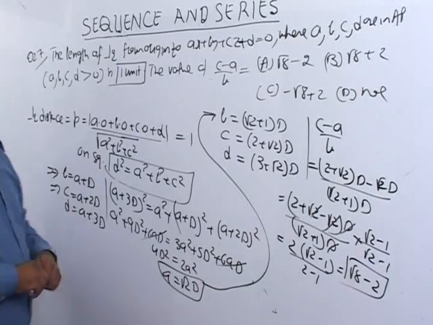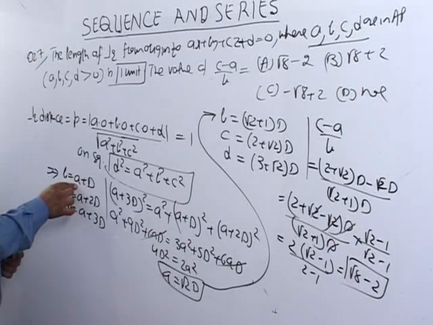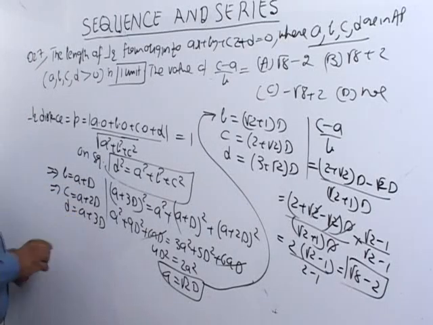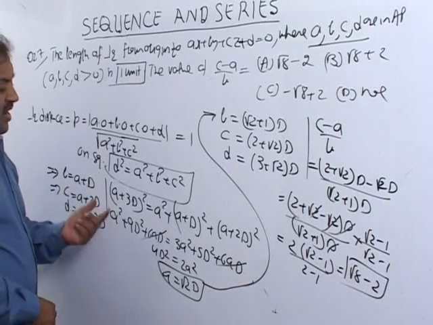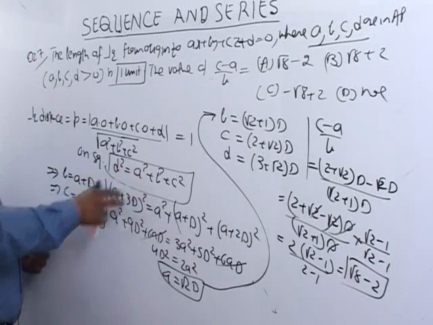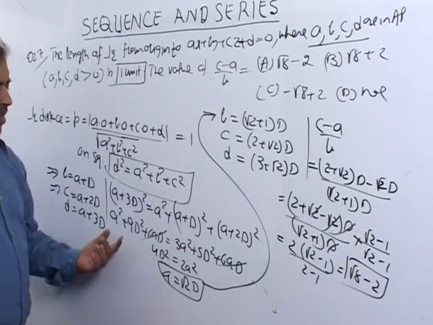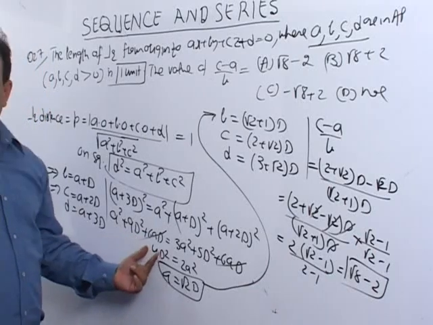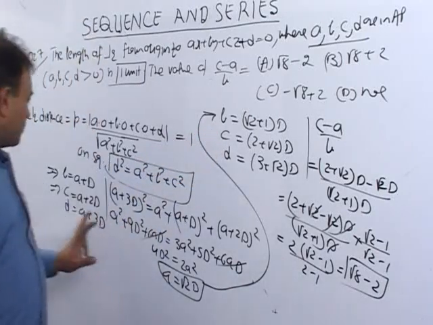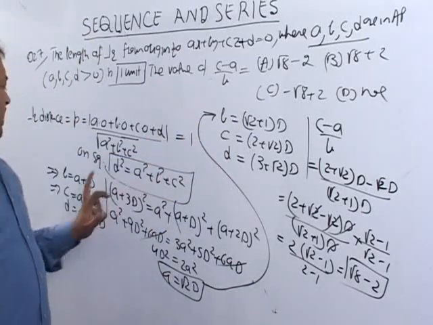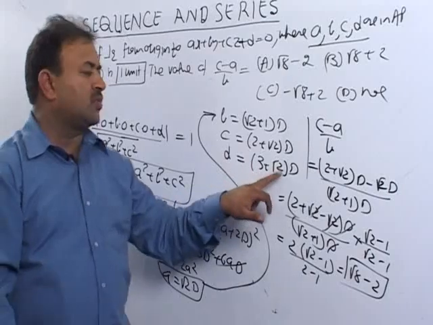Now this is an important point. We have been given a, b, c, d are in AP. What does it mean? I find out b is a plus d, c is a plus 2d, d is equal to a plus 3d. Here d, capital D, I take as the common difference. Substituting this relation, D की वैल्यू, A की वैल्यू as such A और B और C की वैल्यू पुट कर दे. Simplify the things. I got 4d square is equal to 2a square. A is root 2 d. Then I find out B, C, D, substituting the values over here and taking out d common. B comes out to be root 2 plus 1, C is 2 plus root 2, D is 3 plus root 2 into d.